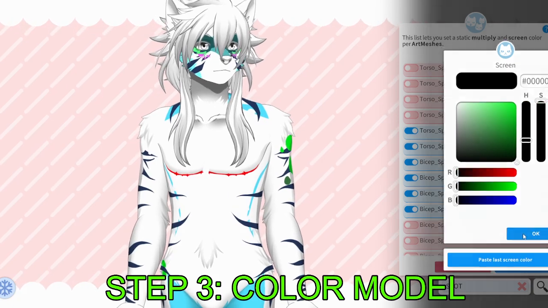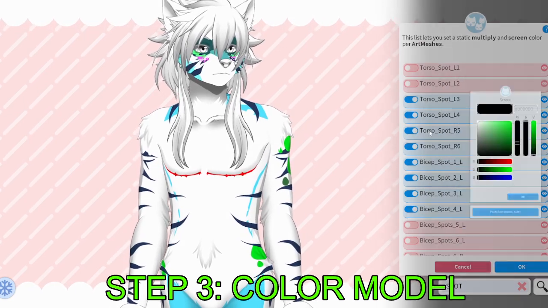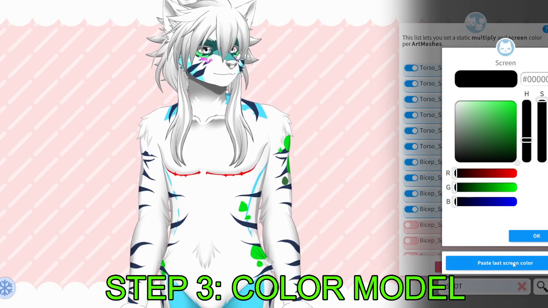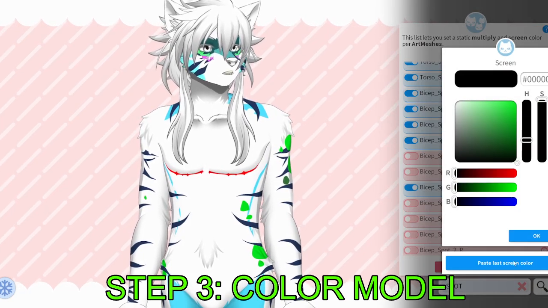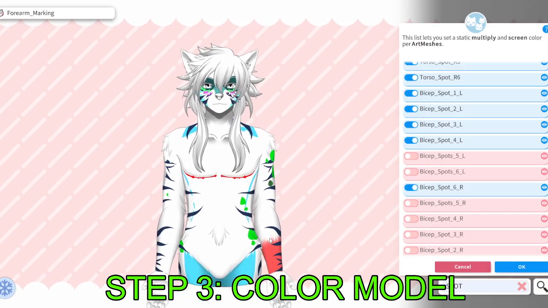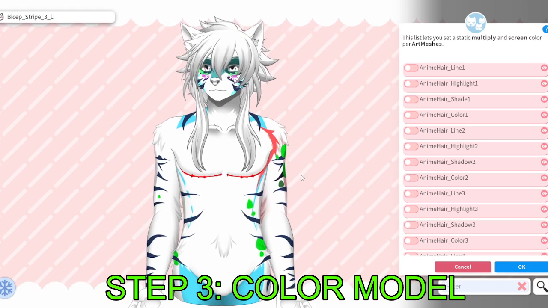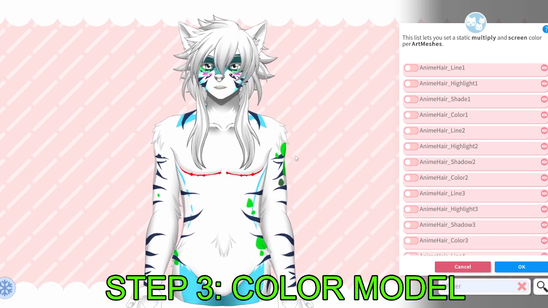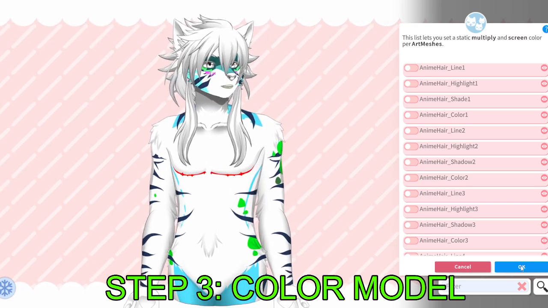And you can make each spot a different color. So if you had a rainbow Dalmatian, you could use just the spots and make them a bunch of different colors. Alright, so I think that's enough color for the moment. So let's say your character does not have spots or stripes, and you don't want to have to click around all of these spots and stripes and erase them individually. The way to work around that is, I'm going to click OK,